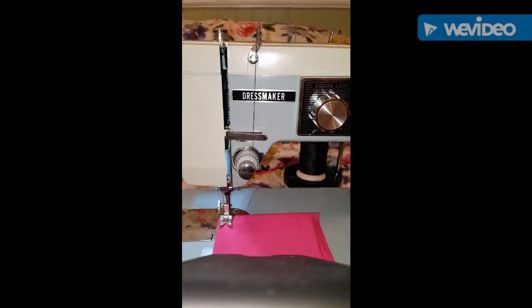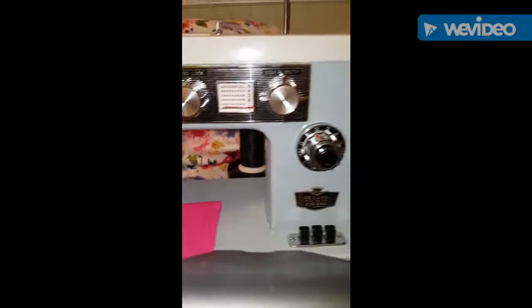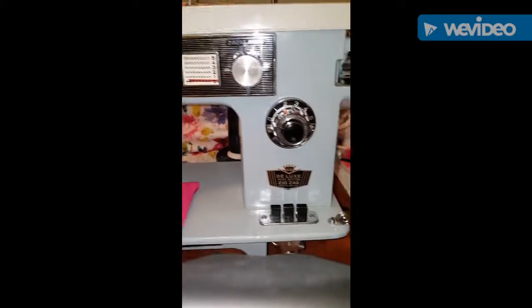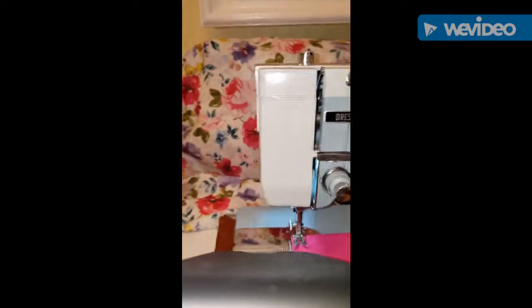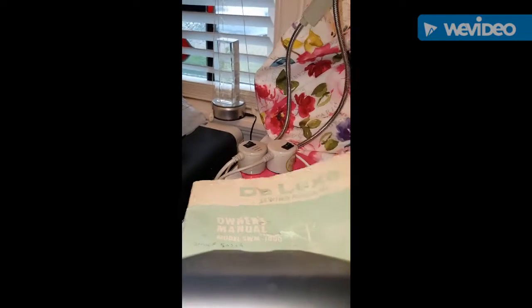Hello, I am now offering a dressmaker Zigzag. It's a two-tone baby blue and a little bit lighter blue, and it has the real cute radio knobs, lots of chrome, and it comes with an owner's manual. This is the